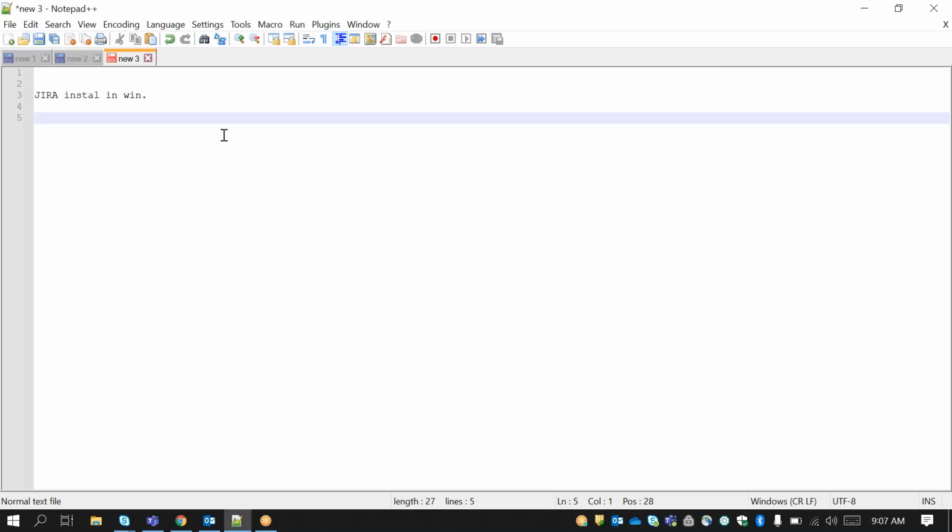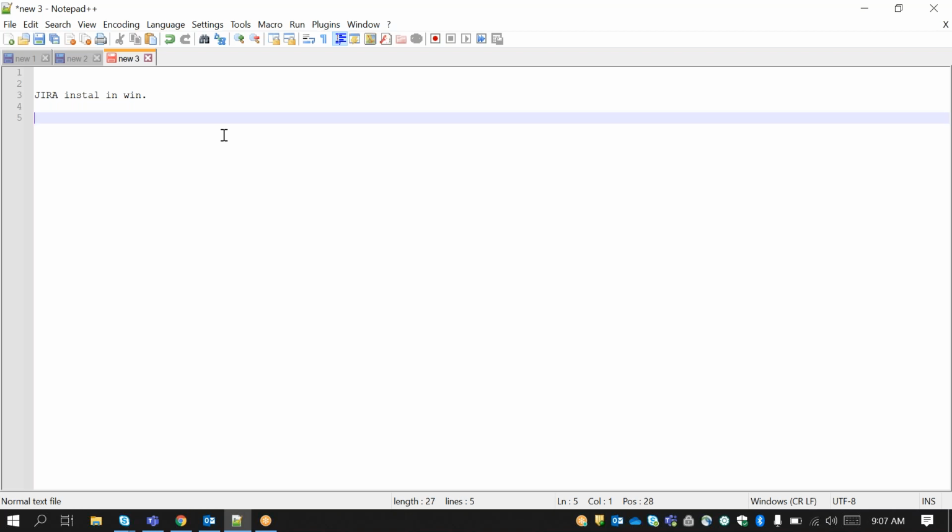Okay, so Jira Cloud installations, in cloud installations there are no versions. It will always work as the latest version. We just need to set up in the browser through one email ID and enter the URL so that it will be configured. The complete backend work will be maintained by the Atlassian company only. So you can access it from anywhere, like your personal computer or an internet center. Anywhere you can open it.